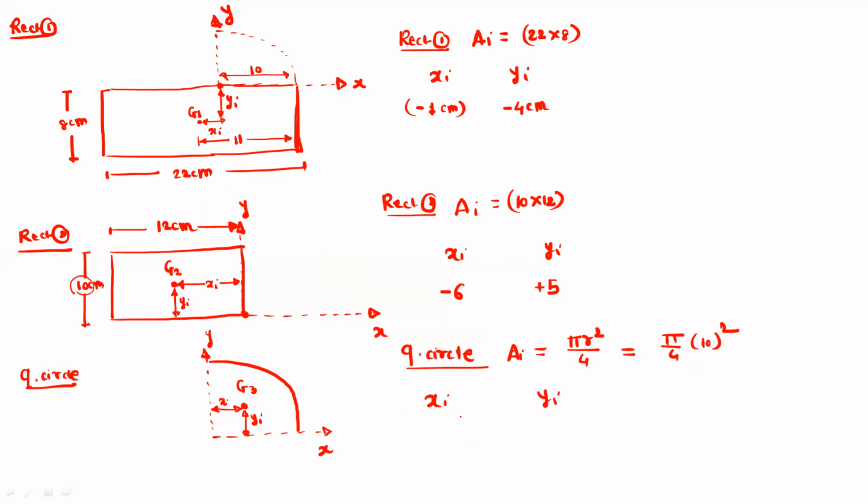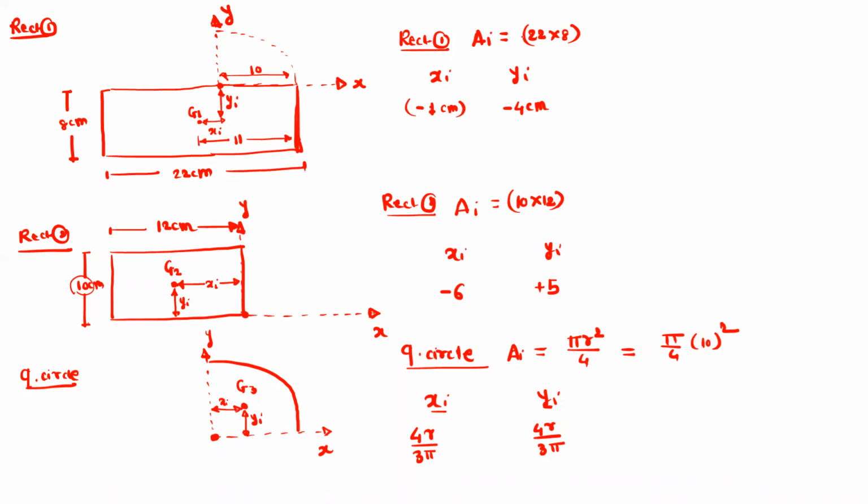So x and y coordinate, we have the standard formula for the quarter circle. So this is equal to 4r upon 3 pi with respect to the origin. Okay. And this y coordinate is also 4r upon 3 pi. So you can put the value of radius, that is equal to 10 centimeter, and you will get the value for x and y coordinate. Okay. So all three geometries, we need to add these geometries. And from these three geometries, we will subtract the last geometry, that is the right angle triangle.